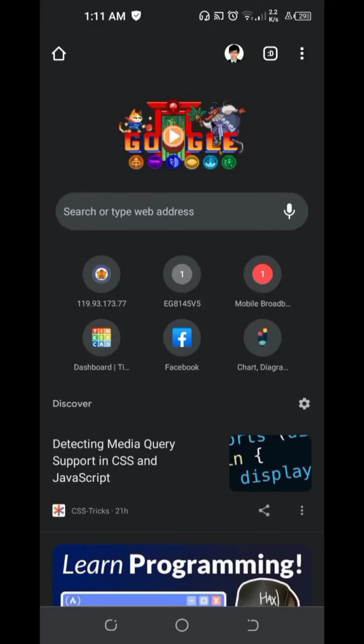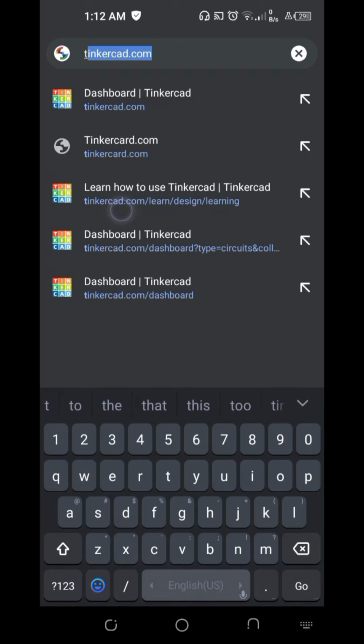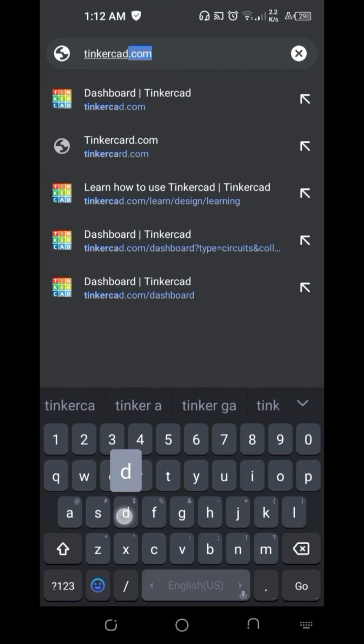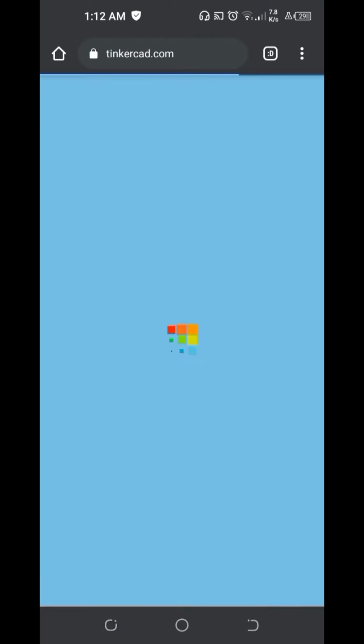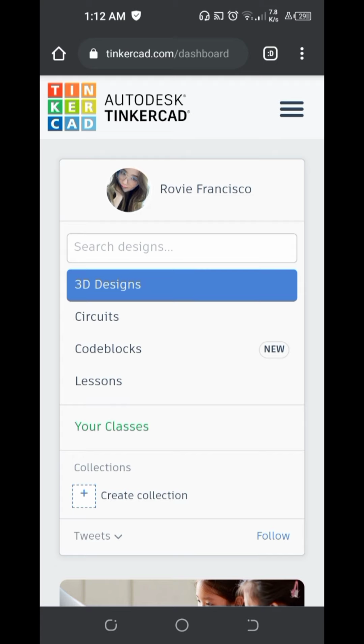Hello everyone. In this video, we will learn how to use and simulate an Arduino using an Android phone. So I am using a browser and we will need to go to tinkercad.com. If you don't have an account yet, you will need to create one and proceed to create an Arduino project. So let us first turn on desktop mode or the desktop site